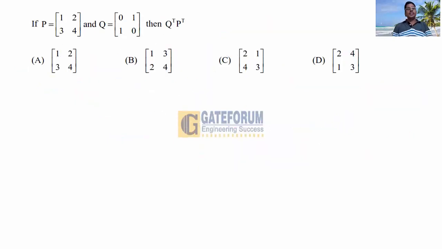The question is, if P is equal to the 2 by 2 square matrix 1, 2, 3, 4 and Q is another 2 by 2 square matrix 0, 1, 1, 0, then Q transpose P transpose is. 4 options ABCD are given. This question is from engineering mathematics, from the topic linear algebra, subtopic basics. The solution is